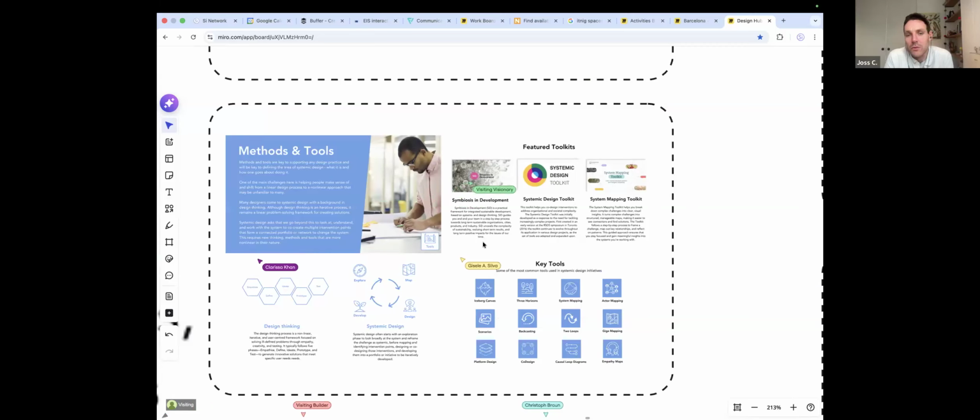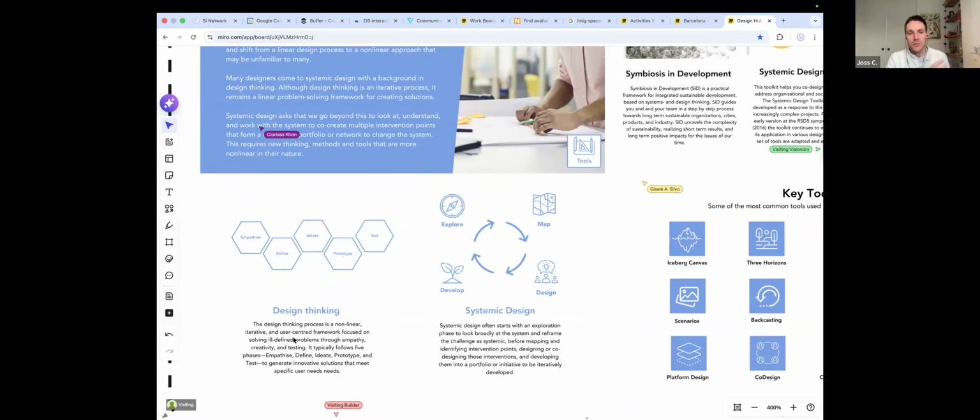The tools are the different toolkits or methodologies and specific canvases and frameworks and templates that people use. We contrast the traditional design thinking methodology with something that's more reflective of systemic design, including the mapping and systems thinking and co-design and all these things.